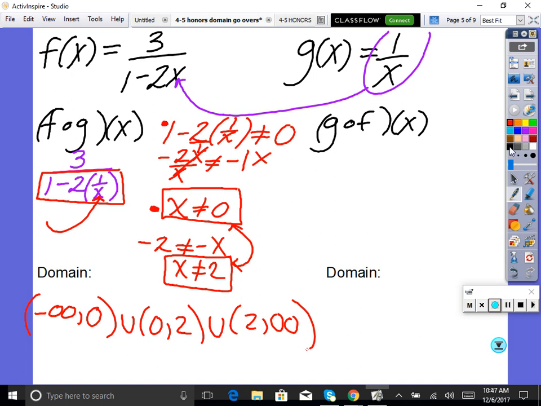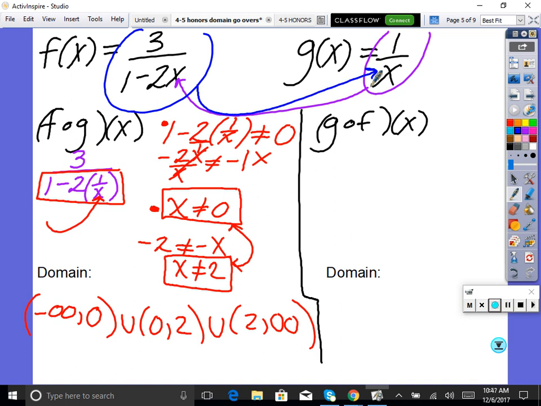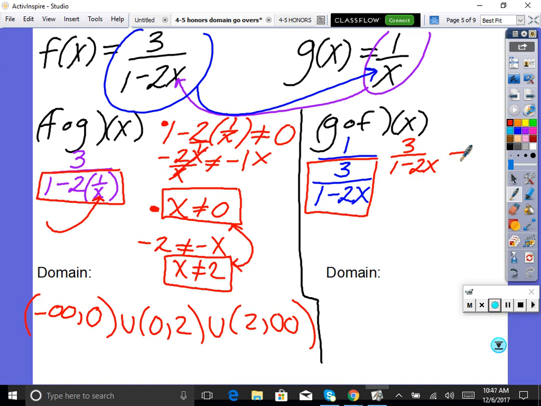Next one. The domains won't be the same necessarily, so let's do this one. This would be f into g. So this will be different. F into g. So what we're looking at is 1 over 3 over 1 minus 2x. I'm going to have 2 bullet points. The first one comes from this denominator. So we would say 3 over 1 minus 2x cannot be